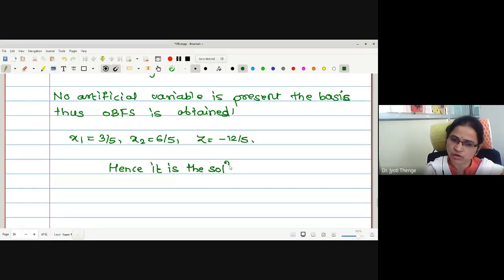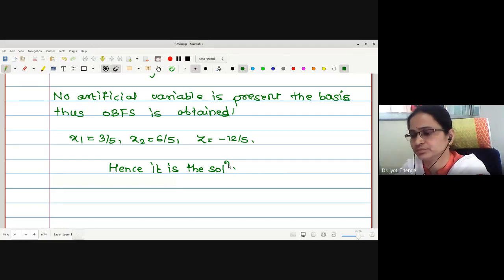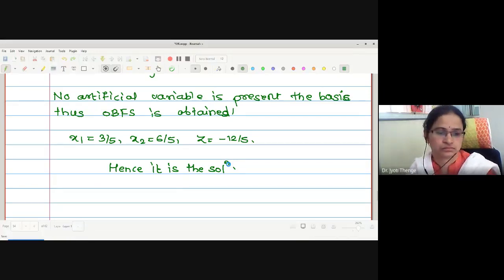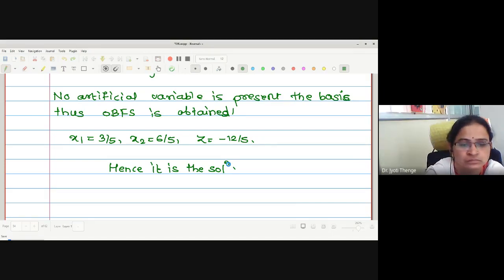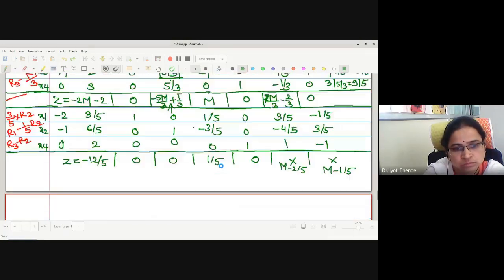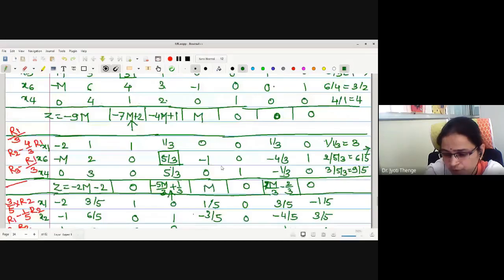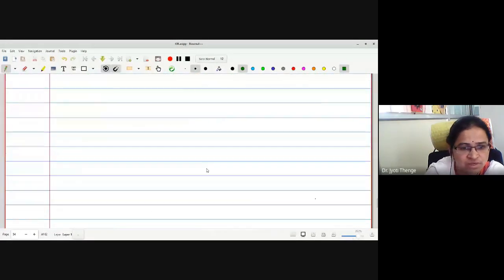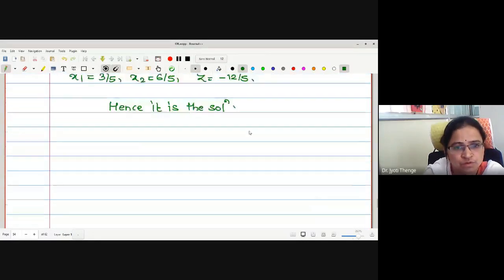Any doubt with the methodology and the problem as well? Yes, students, if you have a doubt, you can ask me now. Simplex method is being followed. The only difference is adding the artificial variable and putting the cost of the variables as the minus M value. Okay, let me give you 1-2 examples for homework so that you can practice more on this.